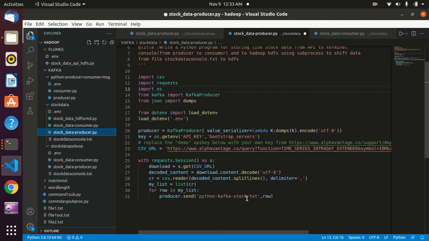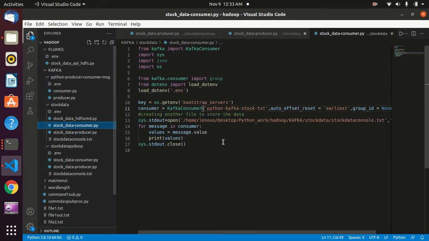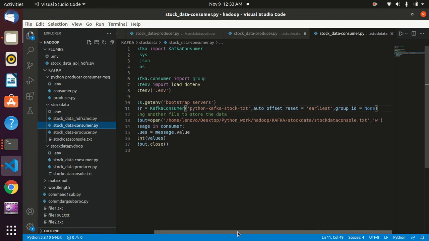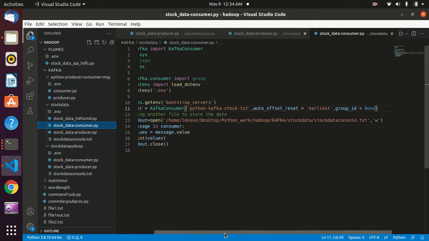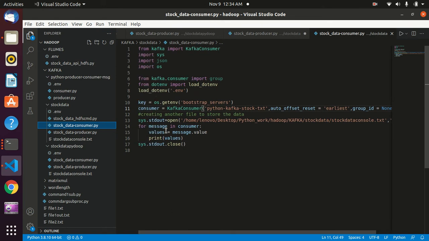Now we will create this topic and we will send the data to this topic, and in the consumer we will get the topic, and we will set auto offset reset earliest, and group id we will give, and for the group id we can import from Kafka consumer, like import group from Kafka consumer, and next we will open the file, and that file directory is given here, the file path, and in the write mode we will open from the system dot standard output, and